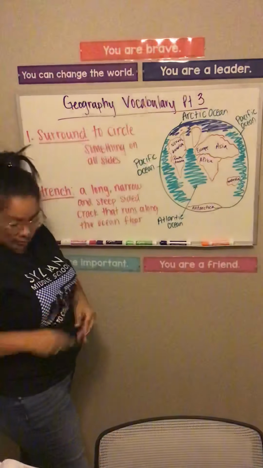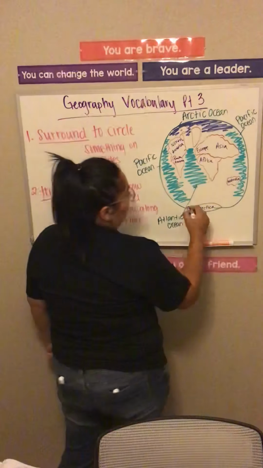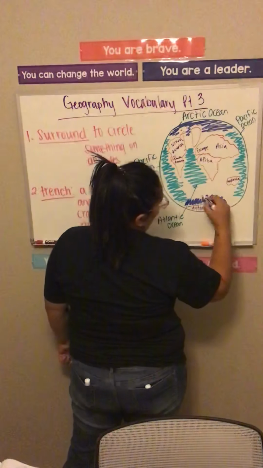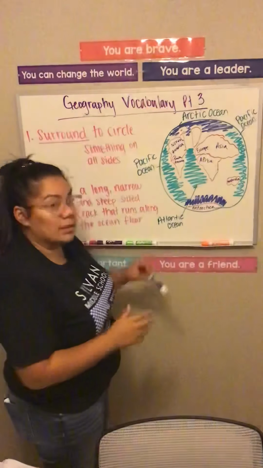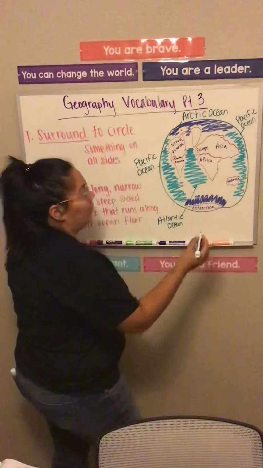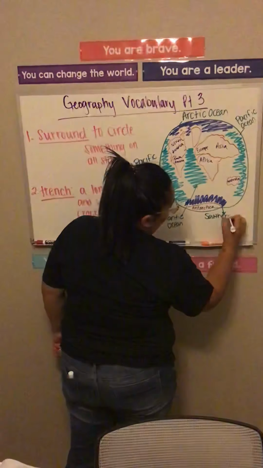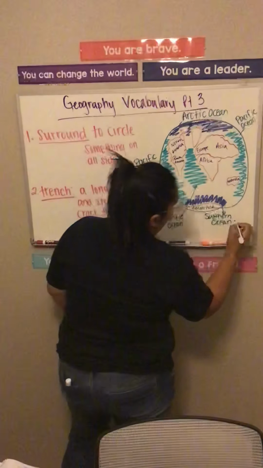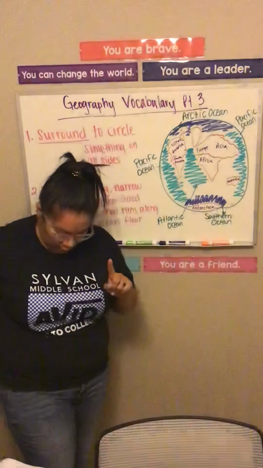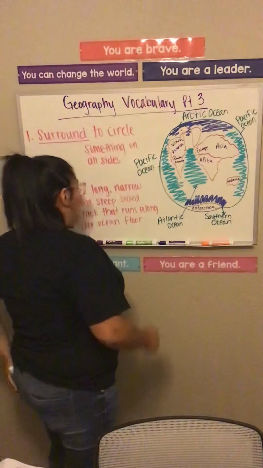Our next one, which is above and closest to Antarctica. Easy way to remember this is it's at the bottom, right? And bottom is usually south. So this is called the Southern Ocean. So far we have 4 oceans. We have one more. No, 2 more. Sorry, we have 2 more. Oh no, we have 1 more. 1 more. Alright, our last one